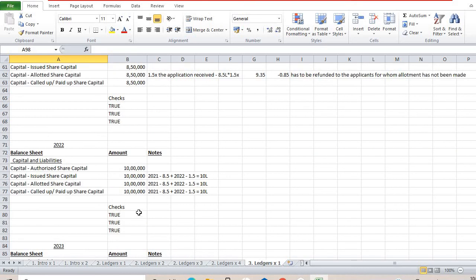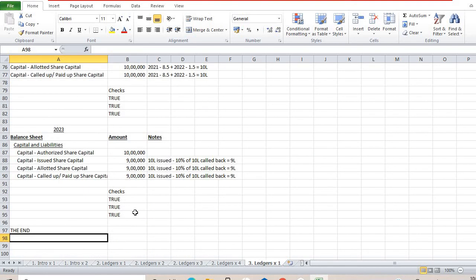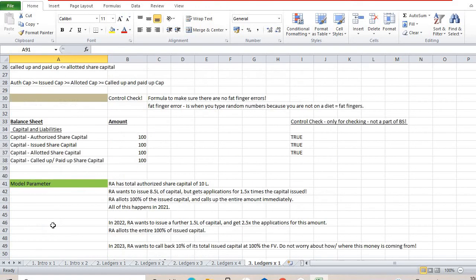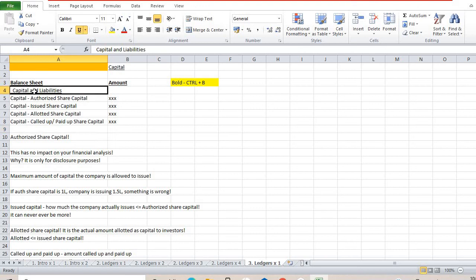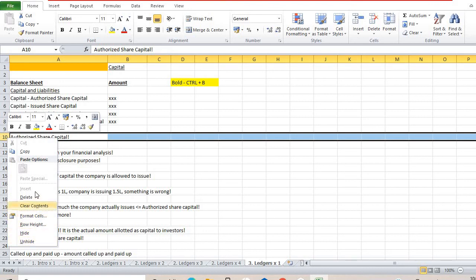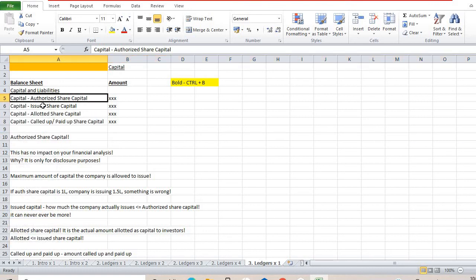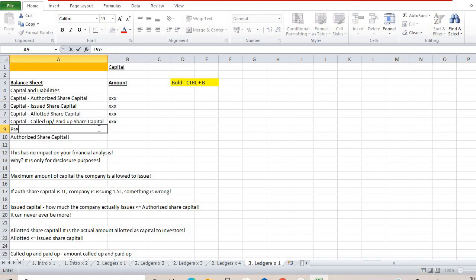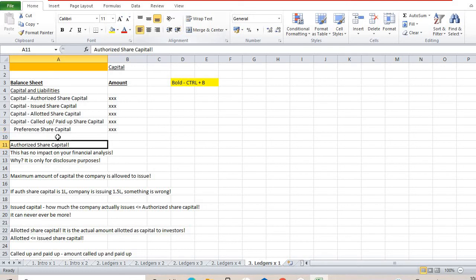Very important, that could also be something like preferred share capital, right? Preference share capital. So if you have preference share capital, what will you do? So let me just fix that here for you. If you have preference share capital, this will have one indent. So this will be capital, right? Below capital and liabilities, what you will do is introduce another insert. So you will put preference share capital here. Okay, maybe just put this guy below, preference share capital. And the idea is that this could also have some number, but I will probably indent it with a single indent.